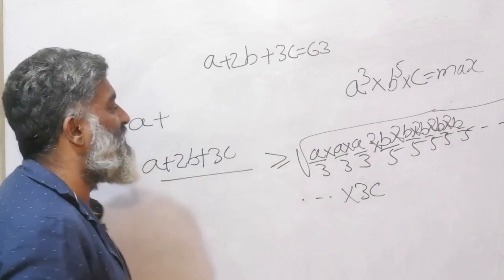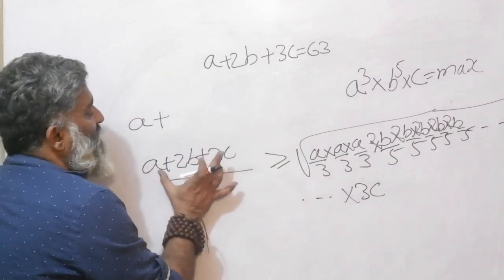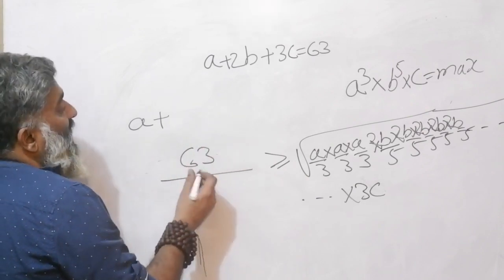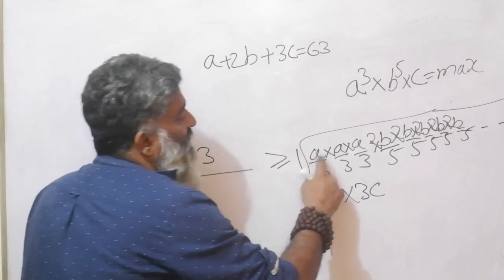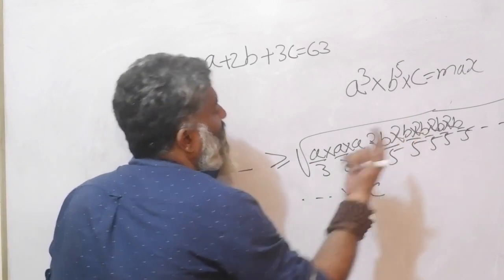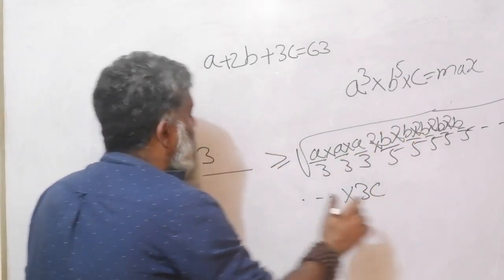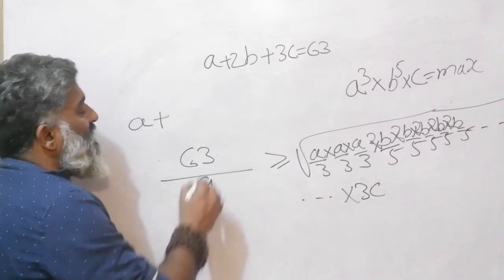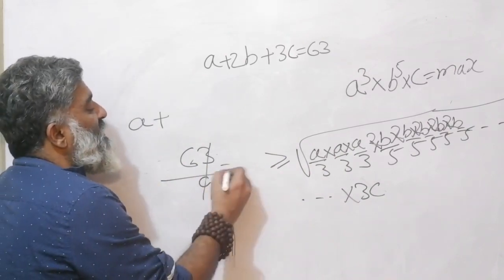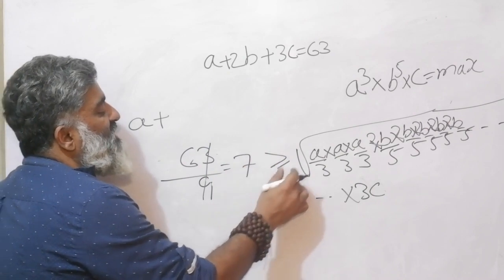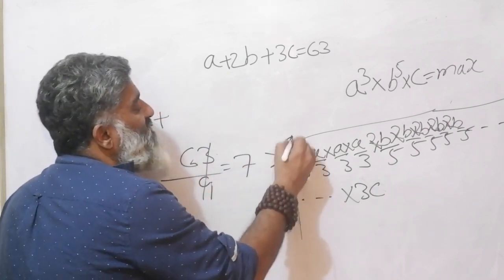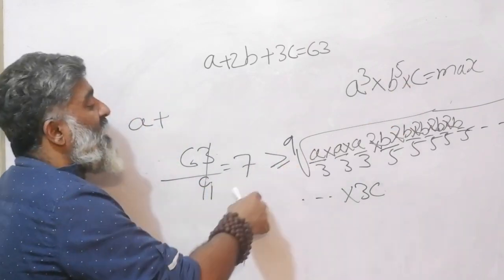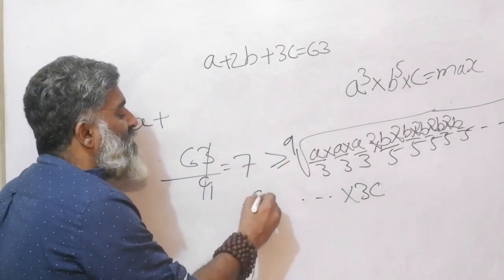So my goals are very clear, right? Not a problem. I have done this. This is equal to 63. Remove this. Put 63. But count the number of terms. 1, 2, 3, 4, 5, 6, or 3 and 5, 8 and 1, 9. The total number of terms are 9. Do count it for yourself. That means this is equal to 7 and 7 is greater than equal to. How many terms? 9 terms. That means we are thinking of the 9th root. Remove the square root. That means you have to take 7 to the power of 9.